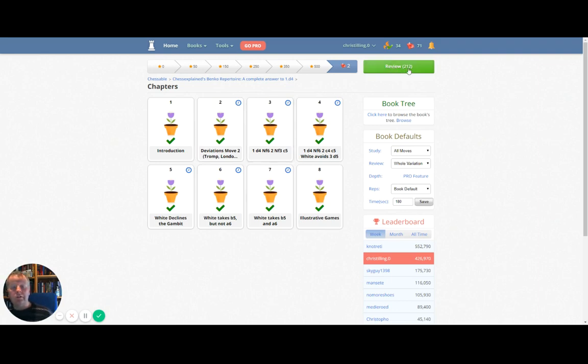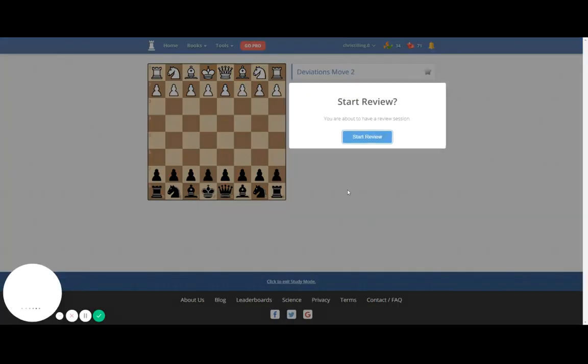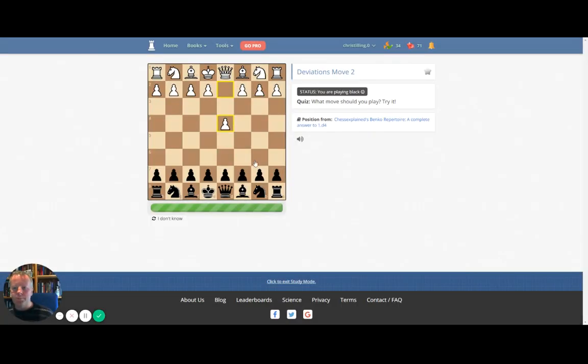You see 212 positions. So it'll take me anywhere in the book that I should have learnt this stuff. Now it will test me on whether I've actually learnt it or not. And if I get things wrong, then it will prompt me again at some stage to go back over what I've relearnt. So let's just give it a go here. So, start review.